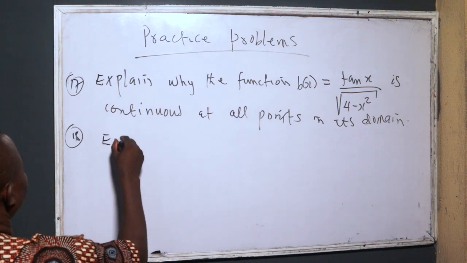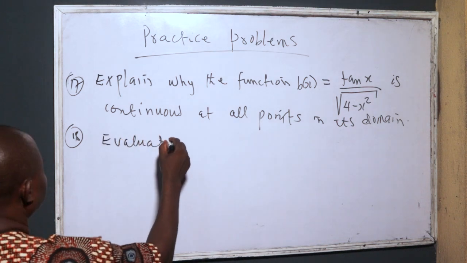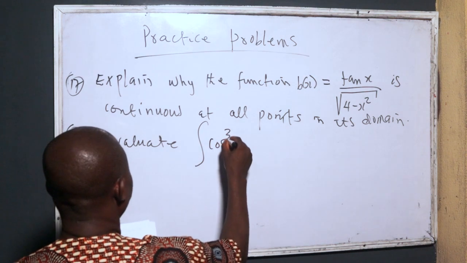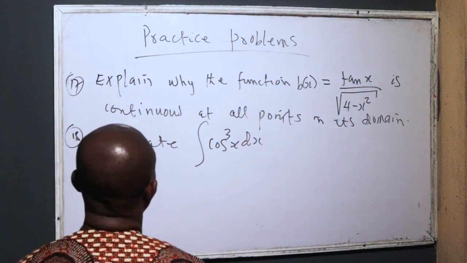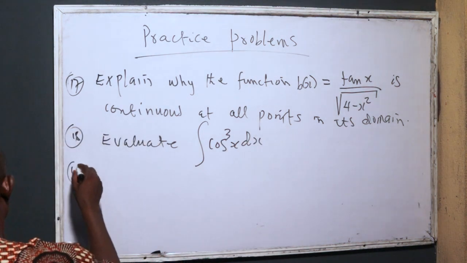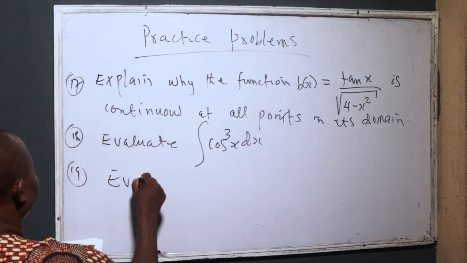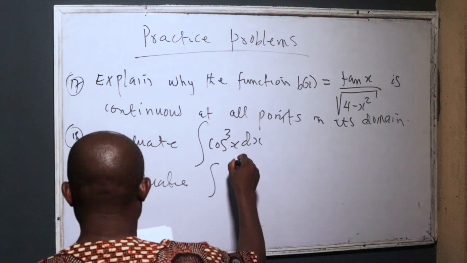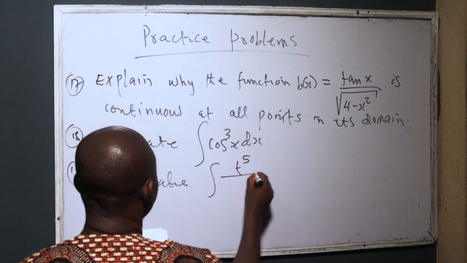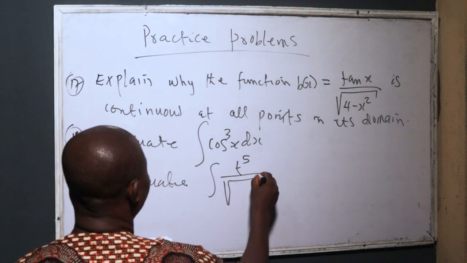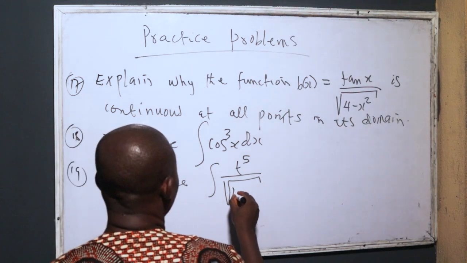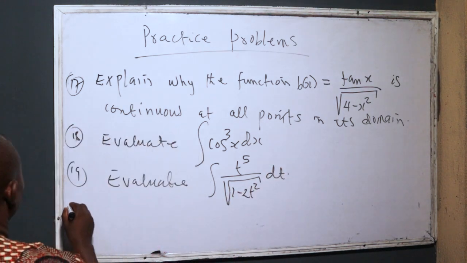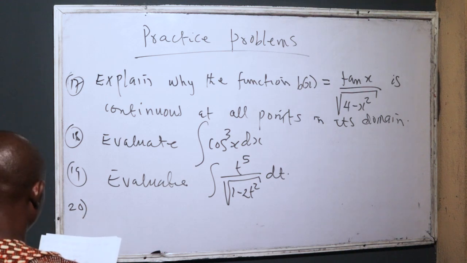So it says evaluate the integral of cos to the 3x dx. This says evaluate the integral of t to the power 5 divided by the square root of 1 minus 2t squared dt. And then this says